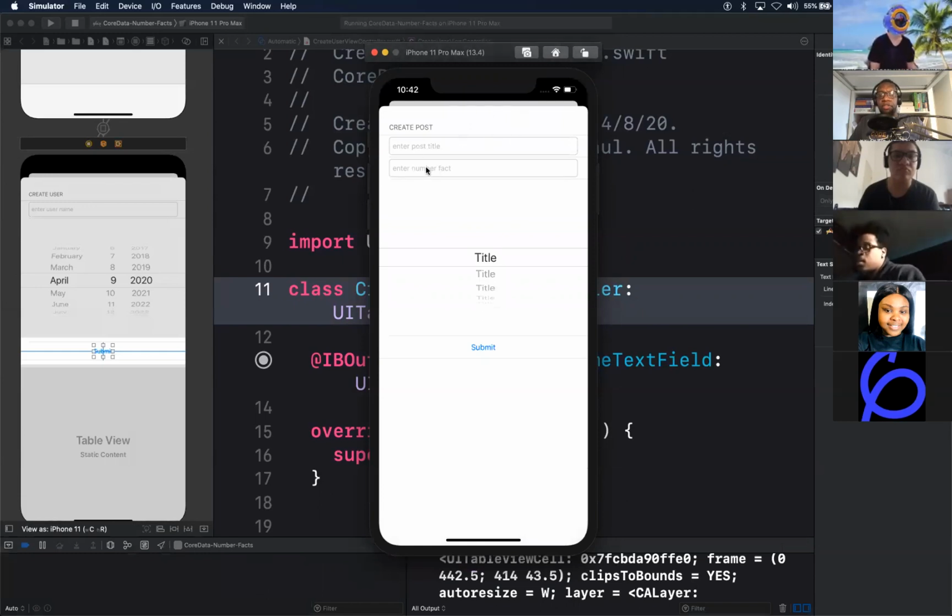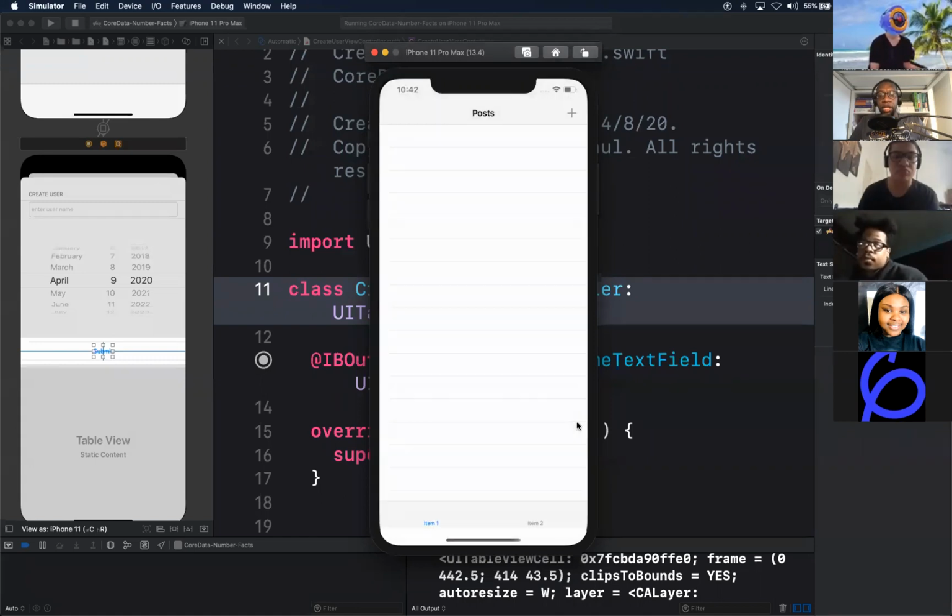The create post has two text fields. It has a picker view. So we haven't set up the picker view yet. We set up the picker view, but it has no data yet. There's a submit button. If we go to the second tab, which is where the users will be, we could